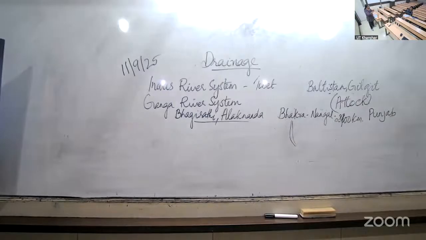So it is flowing through a plain region only, hardly a fall of 1 meter per 6 kilometers. That is the slope. Otherwise, it is flowing through a level land. So it creates what? Meanders. You have studied about meanders. That is the water is turning because of the deposition. So meanders are formed through this. And another: which is the water divide between Ganga and Indus? Ambala. Underline that word. It is the water divide. Objective there.